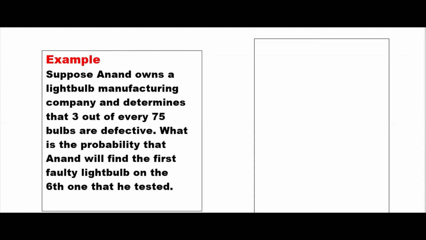See, a sample is given for you so that you will be able to know P. If a sample is given, you will be able to know P, or P will be given directly. When you toss a coin, nothing will be said. P will be 0.5. And if you do some other thing, P will be given. If P is not given, this way you will get it. Okay. 3 out of every 75. What is the success chance? Success means what here? Getting a defective one, the faulty one, is a success. So the chance of success is very less though. 3 divided by 75. So let me write here.